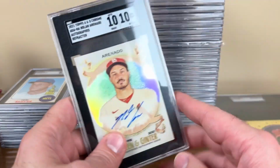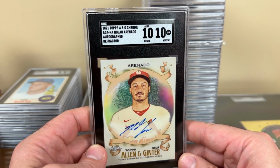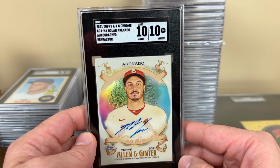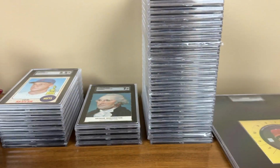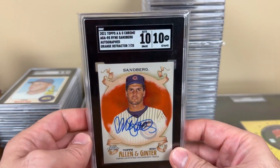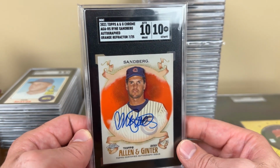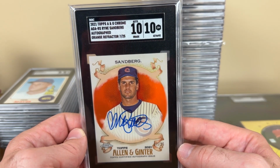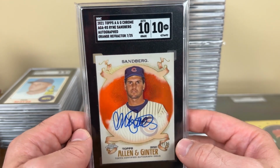Then I have a couple Ginter Chrome autographs from a few years ago from 2021. It's a Nolan Arenado refractor auto. Gem Mint 10 on the card. Gem 10 on the auto grade. And then a Ryne Sandberg from that 2021 Allen & Ginter set as well. This is the orange refractor, serial numbered 7 of 25. It's a Gem 10 on the card, Gem 10 on the auto. So you got to love that dual